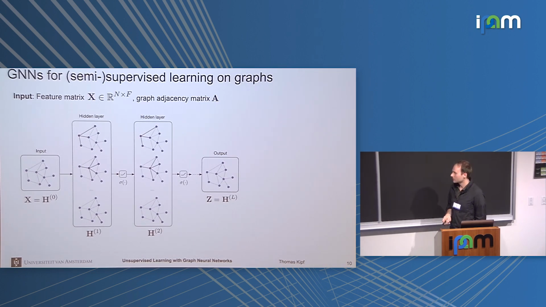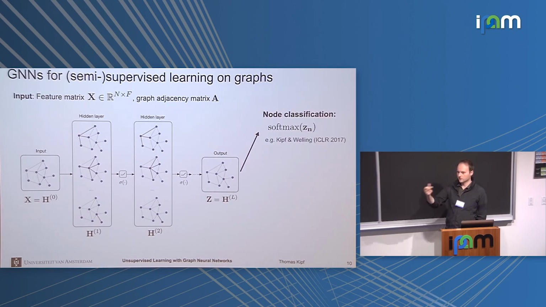And this would basically look as follows. You have a graph as an input. You have node features for each node, which you would summarize here in this H matrix. And then after a couple of these updates, the graph stays the same, and at the end, for every single node, you would get an output feature vector. And then you can put these output features into a node classifier. So you could just put a softmax classifier on top, and train the whole thing end to end. This is something we've done in a paper called semi-supervised classification with graph convolutional networks a few years ago.